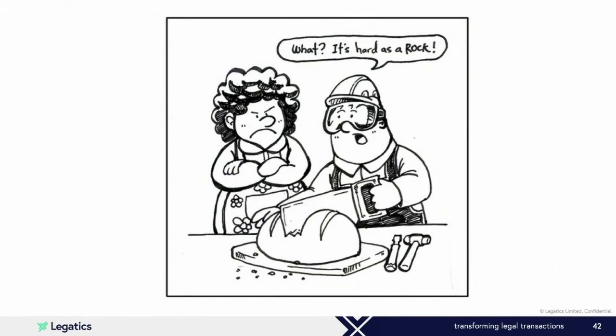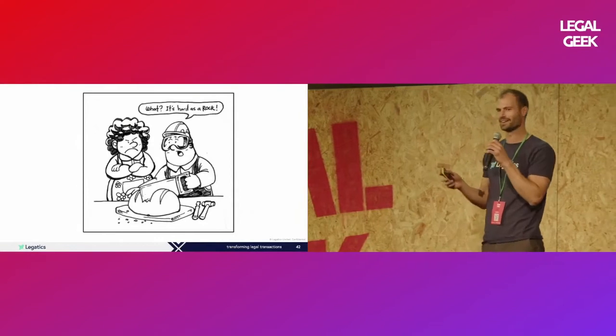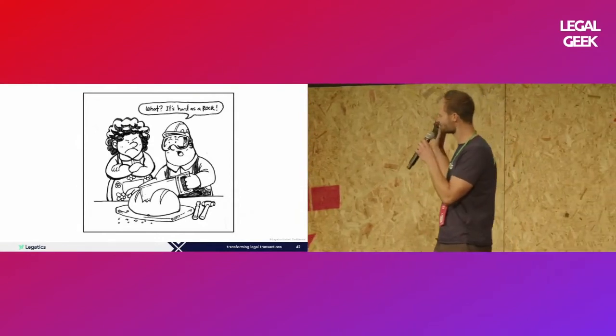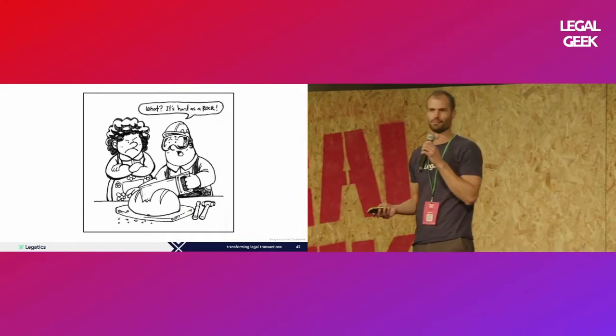Would you use a saw to cut your bread? I mean, that might depend on how your bread making skills developed over lockdown. But either way, I think we can all agree this isn't the right tool for the job. So let's try another example.